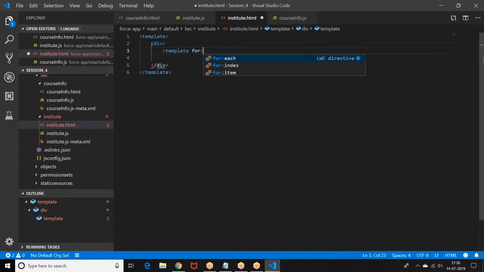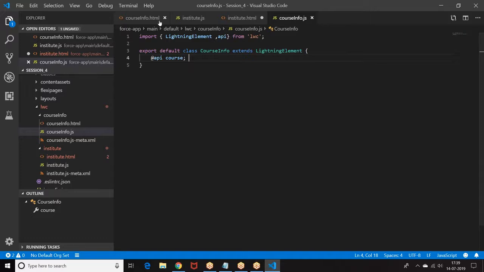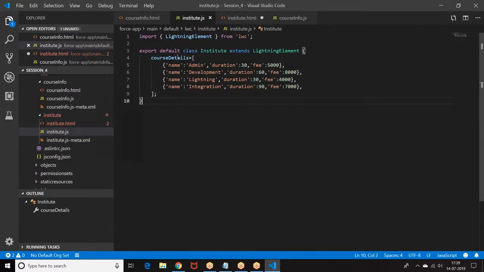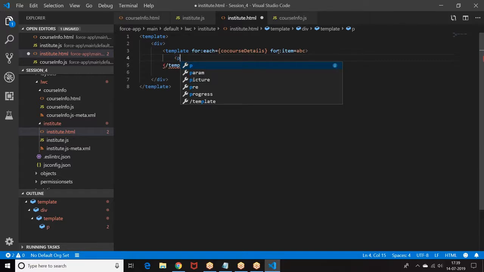Template for each course details, course details for item. Now take some element key.